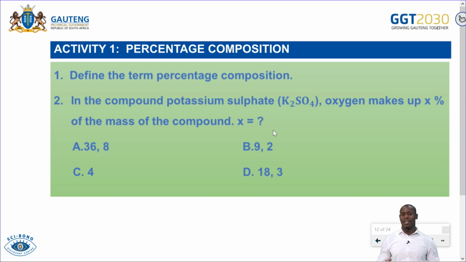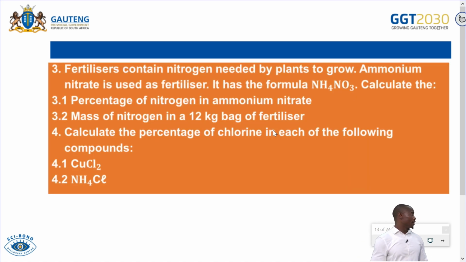18.3? But learners, you cannot just choose any option here. The first thing that you need to do is to calculate and get the correct answer, and then after doing that, you'll be able to choose the correct option. So first, they want you to define the term percentage composition. And then the second question, they want you to calculate the percentage of oxygen in potassium sulfate. Then number 3,